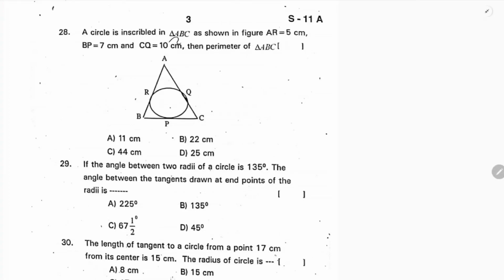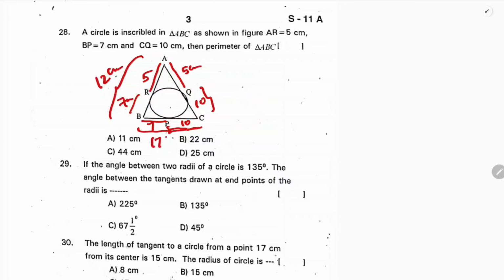A circle is inscribed in triangle ABC as shown in the figure. AR is 5 centimeters, BP is 7 centimeters, CQ is 10. Now here the lengths of tangents drawn from an external point will be equal. So AR will be equal to AQ, CQ will be equal to CP, so this is also 10, and BR will be equal to BP, so this is 7. So total AB is 12 centimeters,